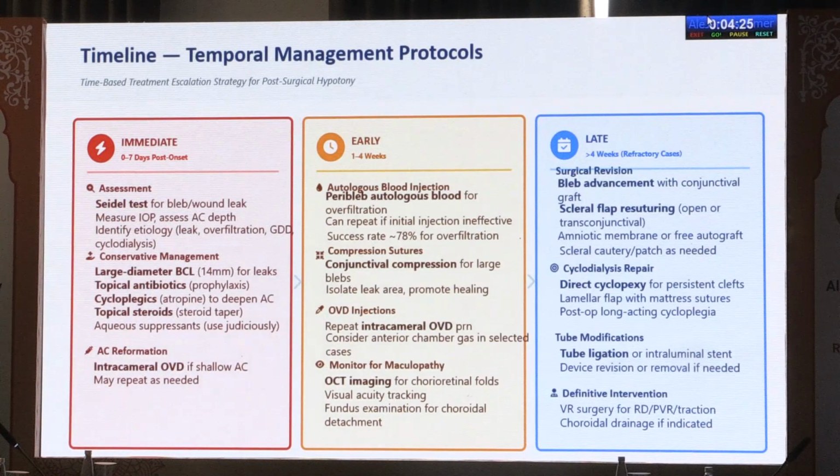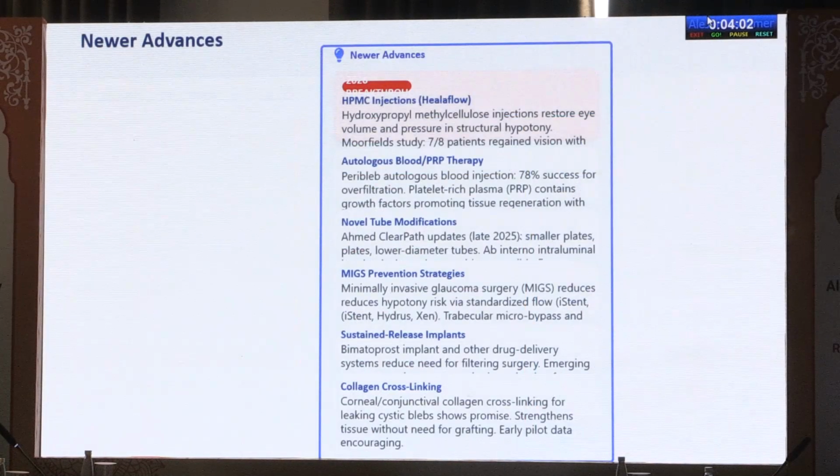While if it is refractory for more than 4 weeks, you need to do more definitive methods like a total redo of the surgery, the bleb repair, advancement, scleral flap, a more invasive cyclodialysis cleft repair, or definitive VR surgery if the retina is the cause, or persistent changes are the cause of the hypotony. Some of the newer advances are an agent called HealaFlow, which is an AC OVD agent that would last